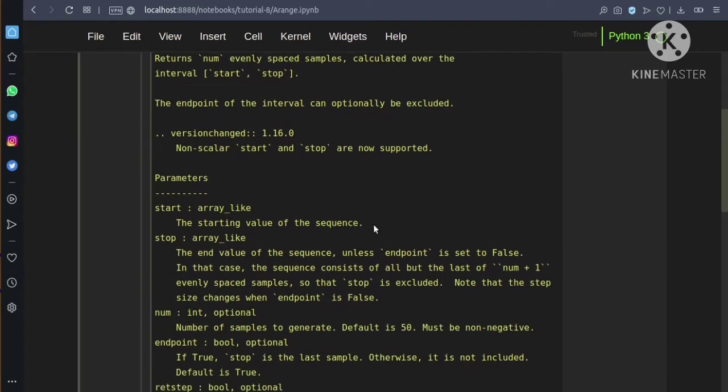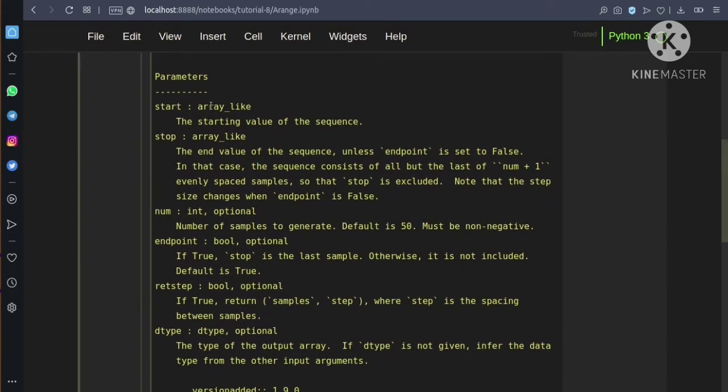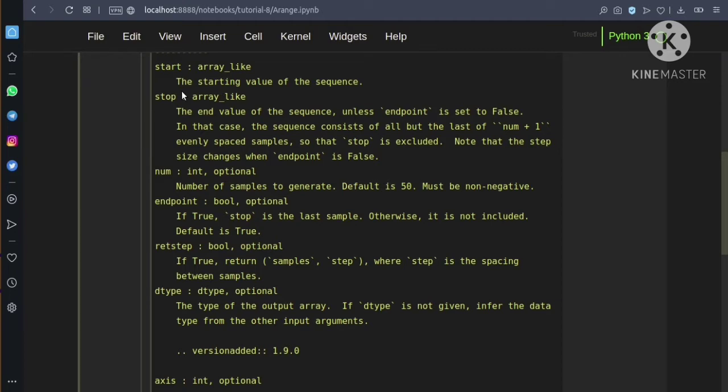So let's see the parameters of the linspace function. Our first parameter is start, which represents the starting value of the sequence, and then we have the stop argument, which represents the last value of the sequence, and then we have num, which represents the number of samples we need to generate in between the range of values.